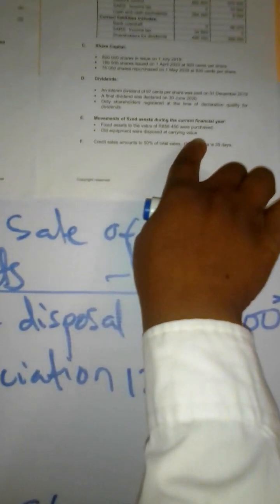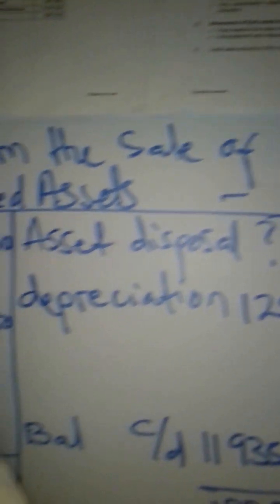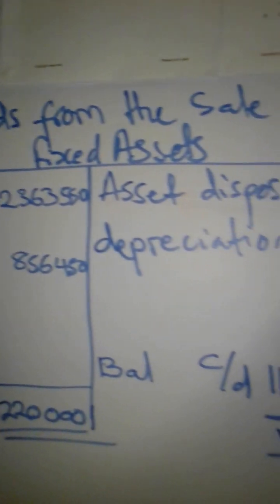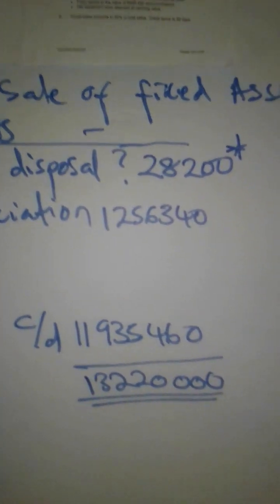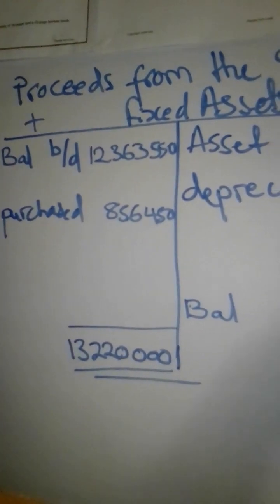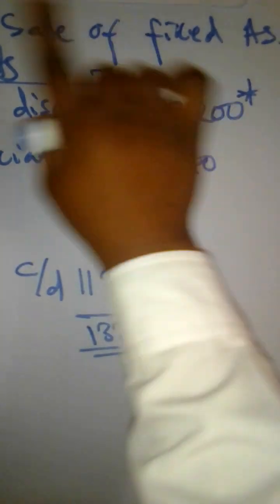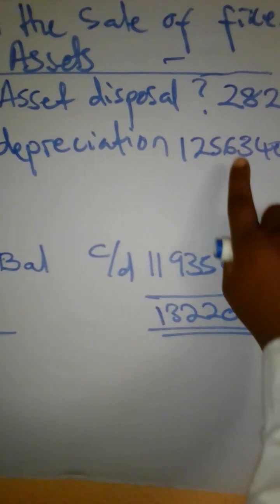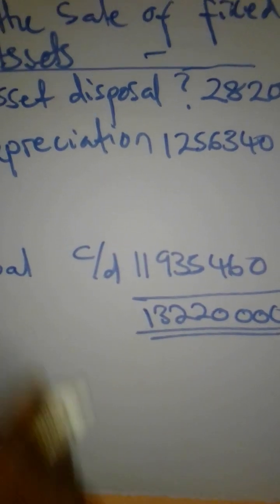Remember what they told us, all the equipment were disposed at carrying value. And what is it that we want to calculate? The proceeds from the sale of fixed assets. In other words, when we sold the fixed assets, how much money did we receive? So this is the money that was received. Remember, the old assets were sold at their carrying value. So our answer is